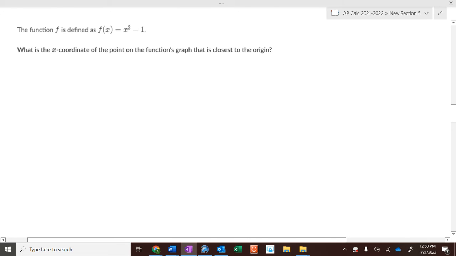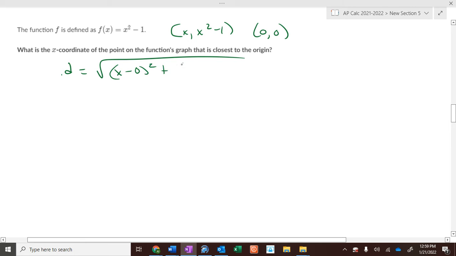Now, let's not have a straight line. Let's have a parabola. Which point on that parabola is going to be closest to the origin? Distance formula. My 2 points are x, x squared minus 1, and 0, 0. So it's the distance of the square root of x minus 0 squared plus x squared minus 1 minus 0 squared. So it's x squared plus x squared minus 1 squared,